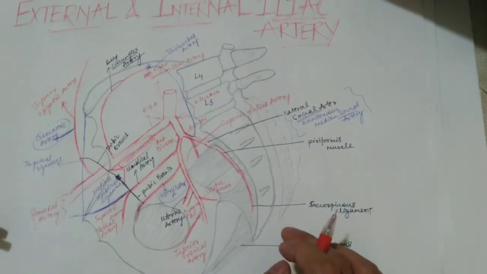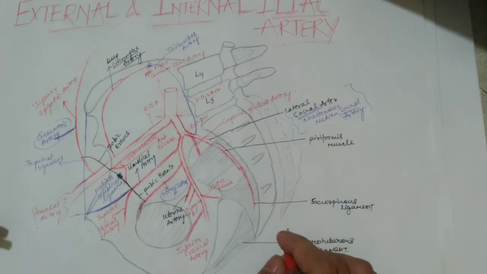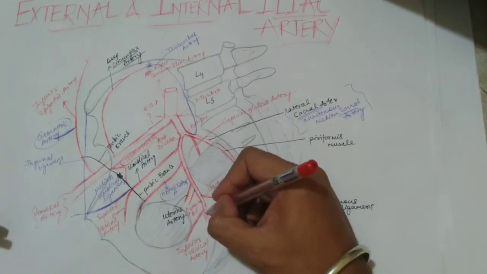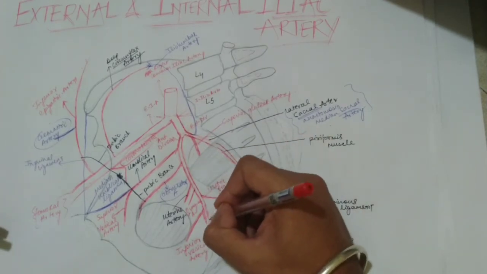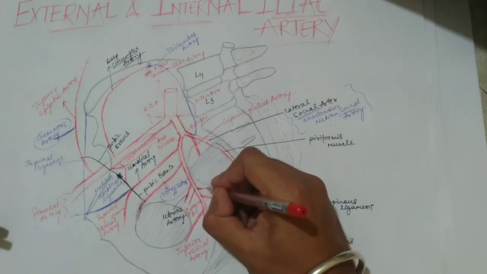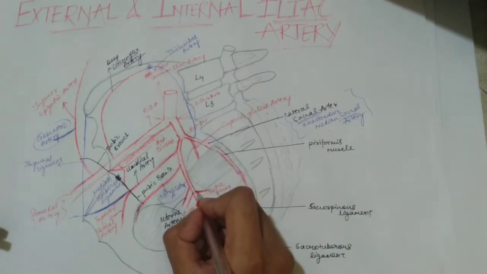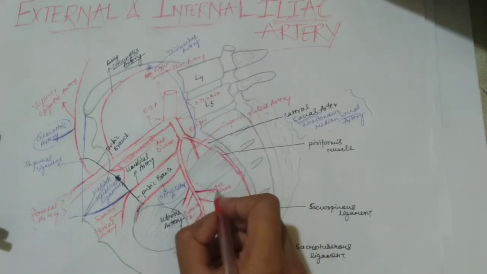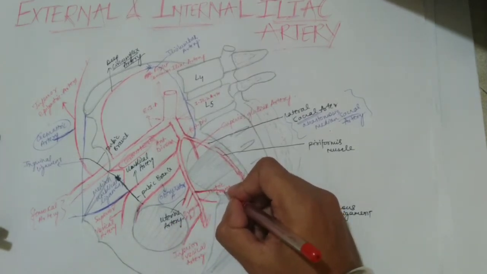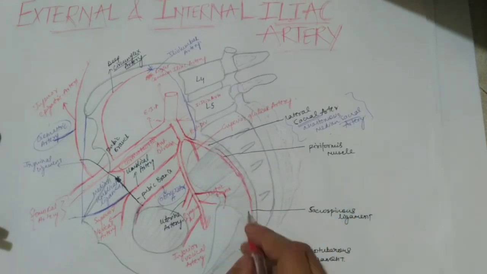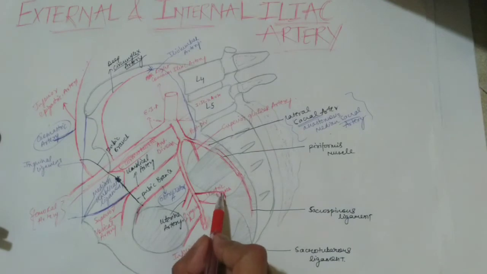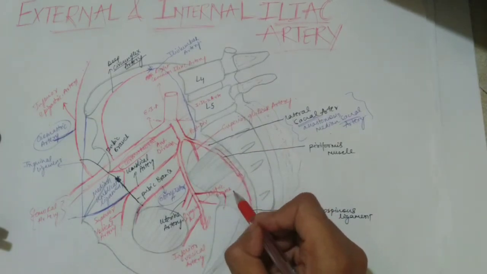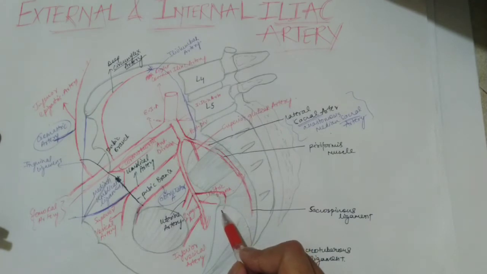Okay, so these were all small branches. Now the terminal branch of your internal iliac artery is the pudendal artery; the internal iliac terminates in the form of the internal pudendal artery. What is the topography of the internal pudendal artery? It arises from here and passes through your infrapiriformis foramen, below the piriformis muscle, and there it bends around your ischial spine posteriorly, and again enters